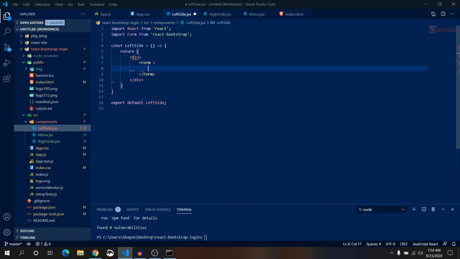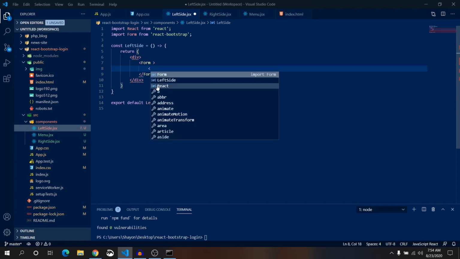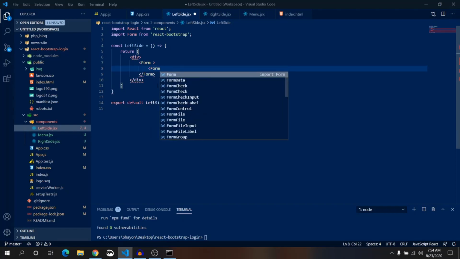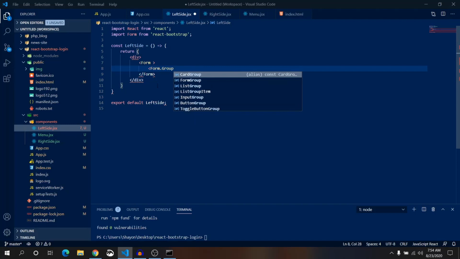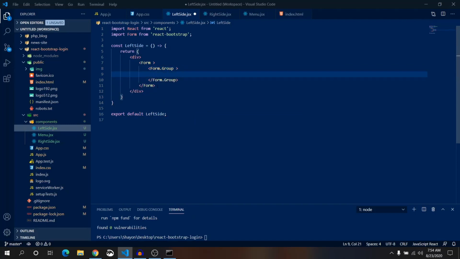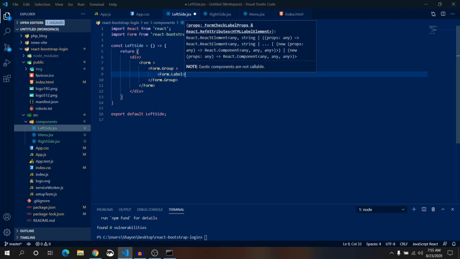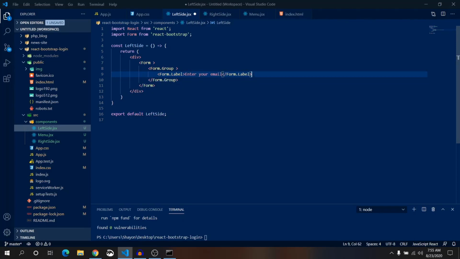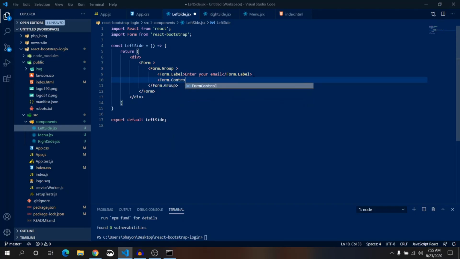Inside form will have two groups. Form dot group. Inside form group will have form dot label, and below this form label just write form dot control.